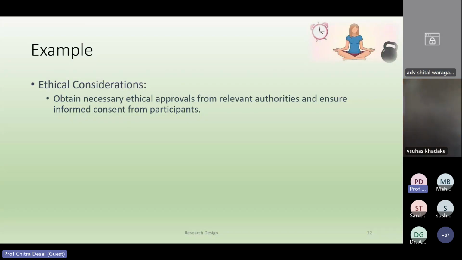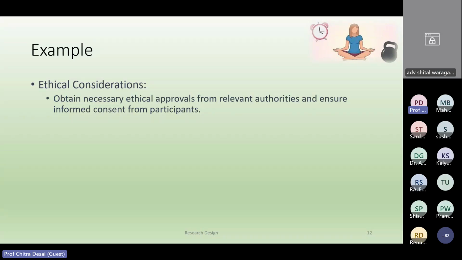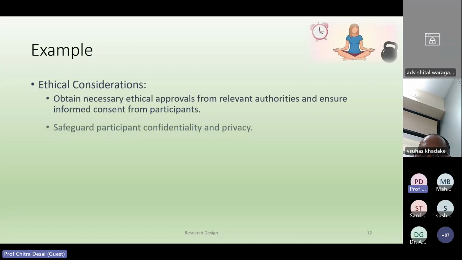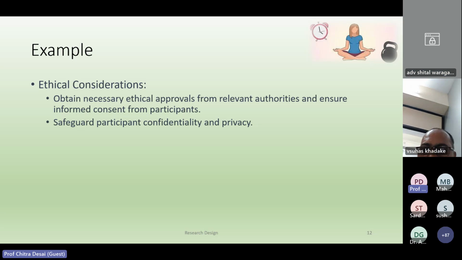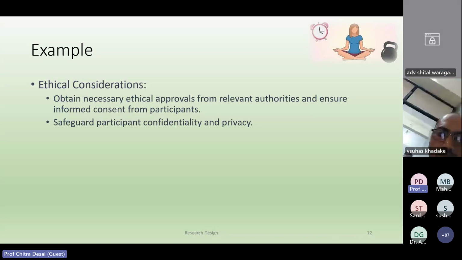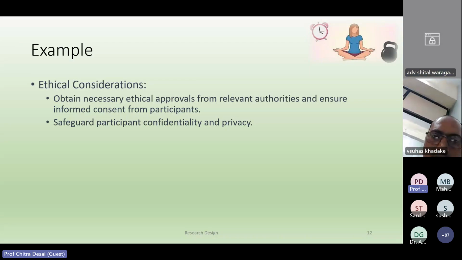We started with the components of research design, and we saw what the major components are, and with this example we are seeing how we are going to achieve or understand these components. So when we are looking at the information collected from the participants, we need to take ethical approvals from the relevant authorities and ensure certain consent forms and disclaimers, so that you are ethically taking the data and safeguarding the participants' confidentiality and privacy, because that is very, very important. When you go into any organization also to collect the data, again here